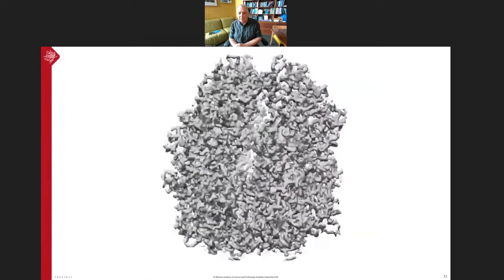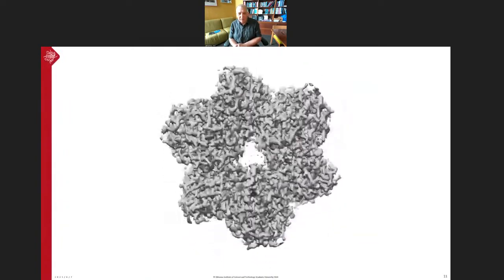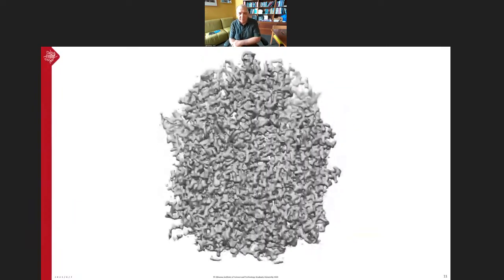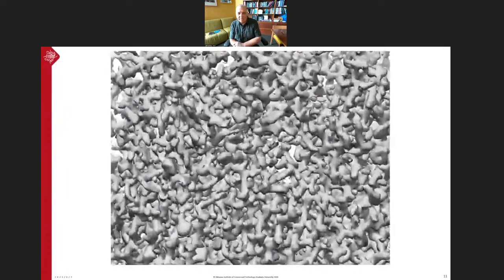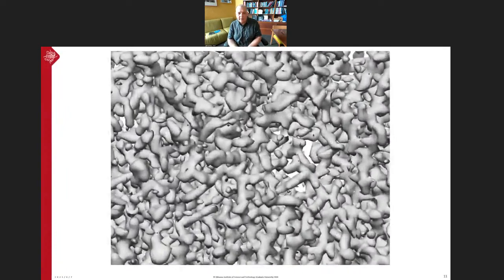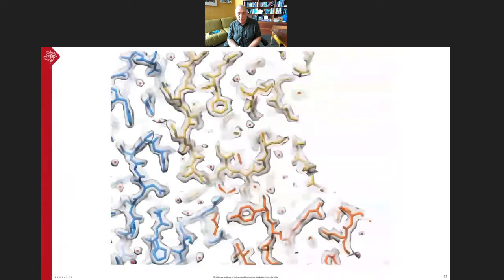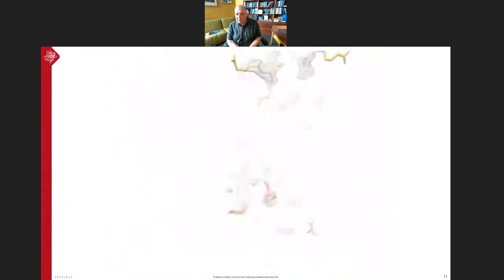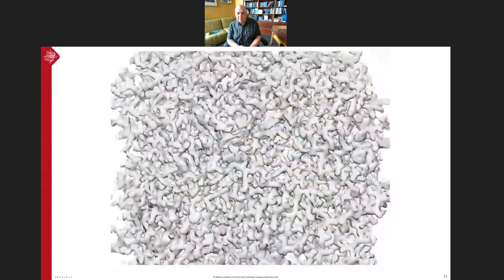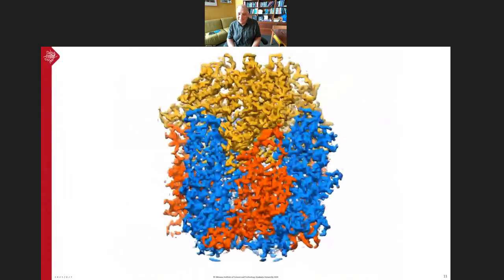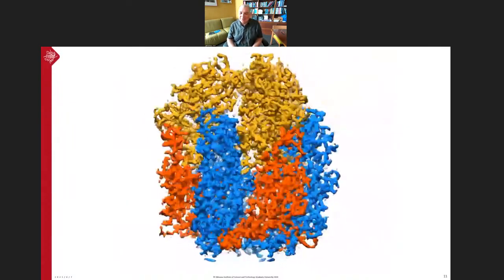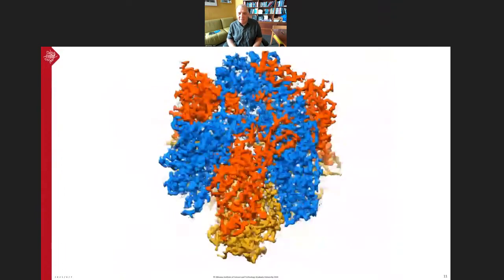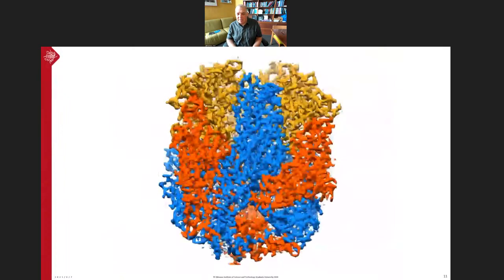This shows now the reconstructed map, and you can see the nice features, like the alpha helices are clearly visible, the side chains are there. Now this looks a bit messy, but we'll go through it in slices. And especially when the model is docked, it's obvious that there are also water molecules that are clearly resolved at this resolution. You don't see the holes in the aromatic rings, but it was close. So it's a very rigidly assembled trimer, and there's 3 subunits in it.